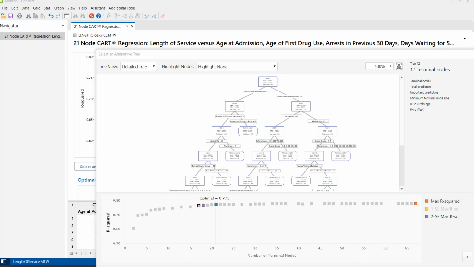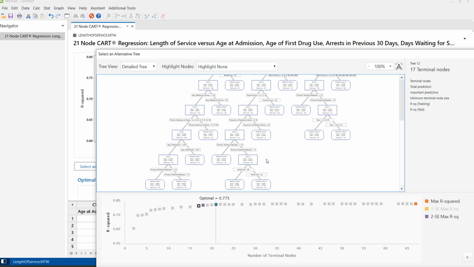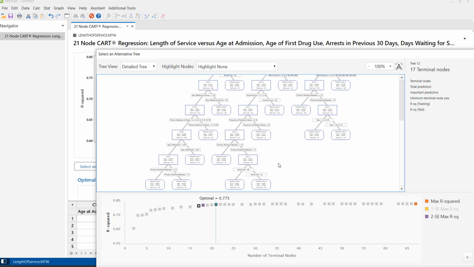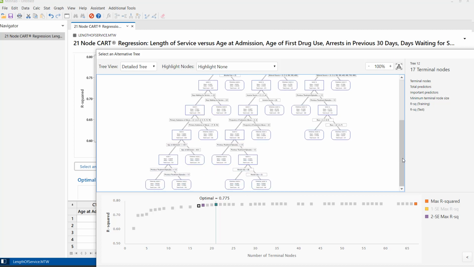Now, here is the tree which is developed by Minitab. Here are two terminal nodes, here are two. As the number of terminal nodes increases, we do not want a large number of terminal nodes, and it increases very quickly with the depth of the tree. The more terminal nodes and the deeper the tree, the more difficult it becomes to understand the decision rules of the tree. So we try to reduce the number of terminal nodes.